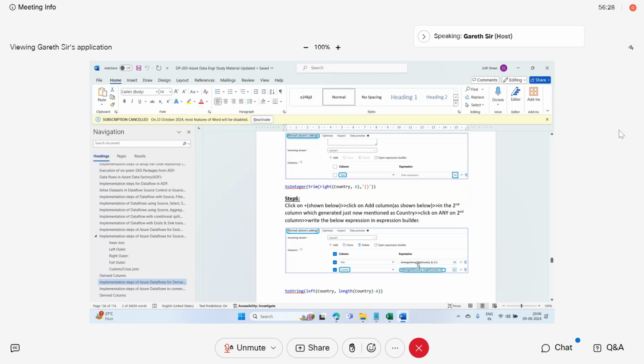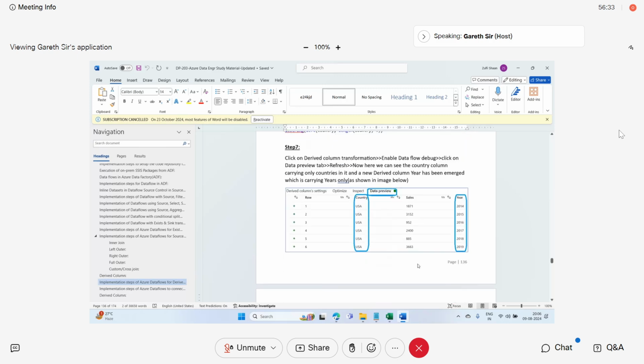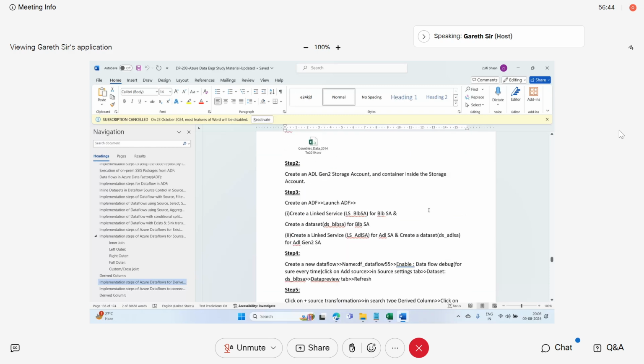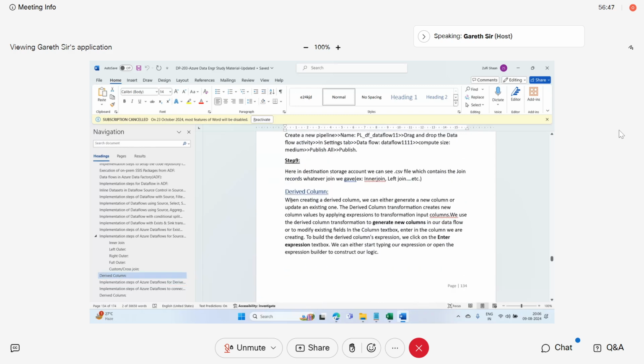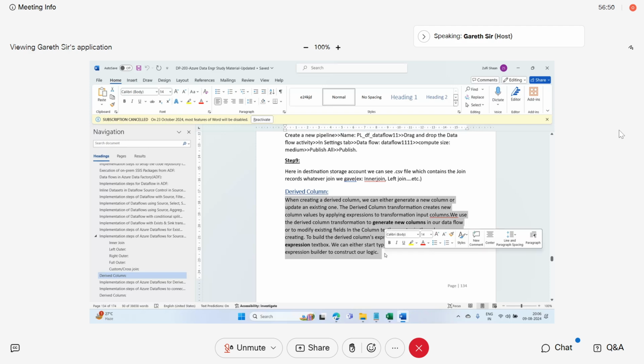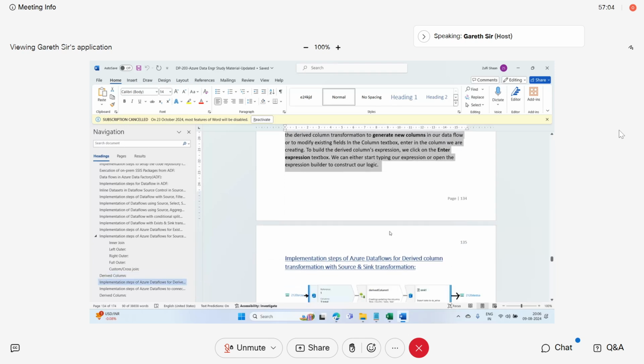Everyone has a different capacity of speaking English, so form the sentences in whichever way you want and explain every transformation and every activity like that, guys. Read the definitions just for an idea, for every transformation and activity in ADF and in entire data engineering topics. You are doing the lab and understanding how these transformations fulfil our purposes, so you can tell it in your own way. If you ask me, I'll simply say that derived column transformation is used